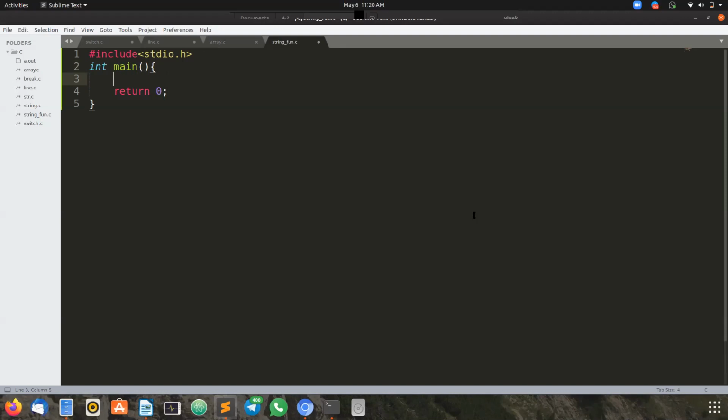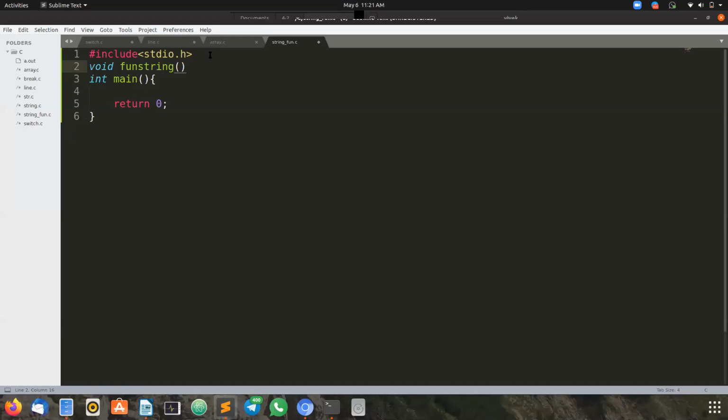So when we use functions, every function has a prototype. The prototype looks like here, you can observe. Let me consider a function with no return type, that is void. And the function name is some function string.